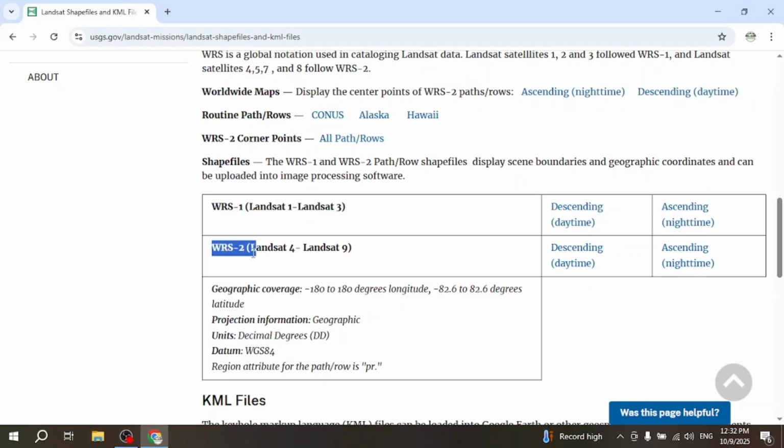Under the WRS-2 we have two links. One is descending daytime and the other is ascending nighttime. The descending daytime is the Landsat scenes grid which is acquired during the daytime, and ascending nighttime is the Landsat scenes which are acquired during the nighttime. For forestry and GIS related tutorials we will be mostly using descending daytime Landsat scenes, so we will go for descending daytime for now. Just click on the descending daytime